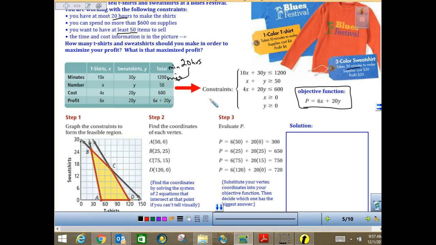4x plus this one where it's less or equal to 600, that's going to be this one, if you looked at the points that we're looking at. And then you're going to graph each equation. So it says then find the coordinates involving the 2 equations where they intersect. So this point right here at B, if we are looking at, let's change our color, right here. This point, if we are looking at it, is located at, if we are looking at that point, looks like